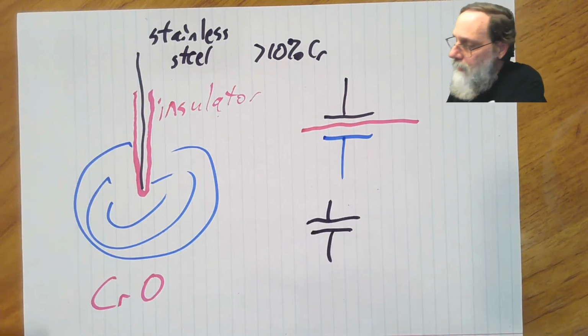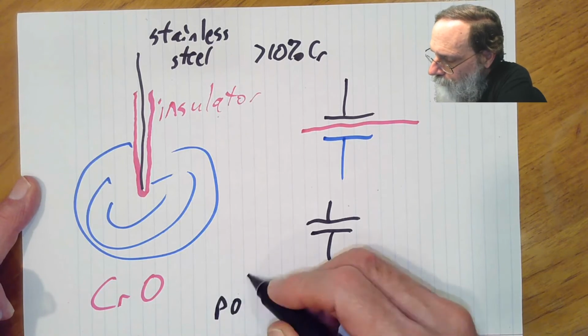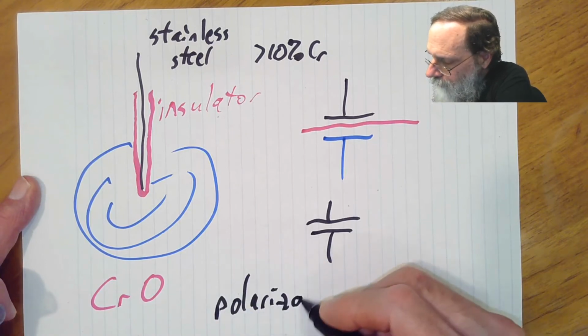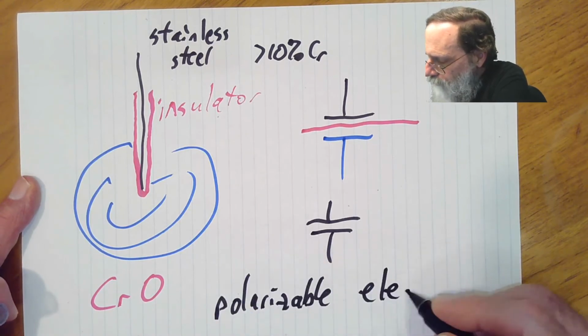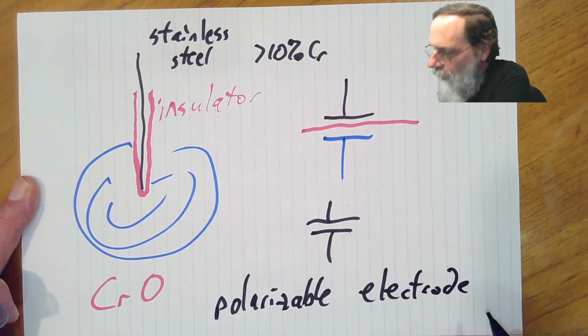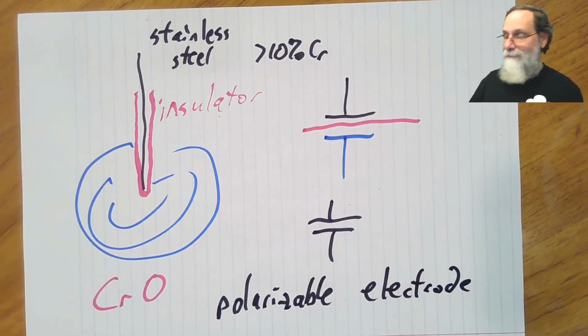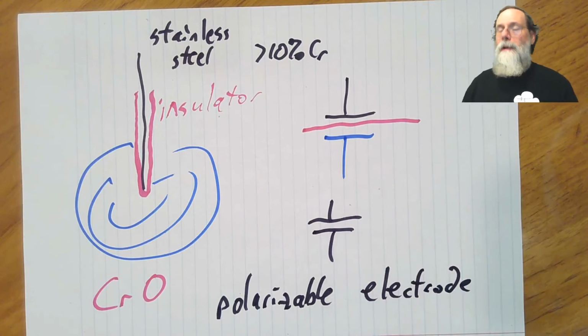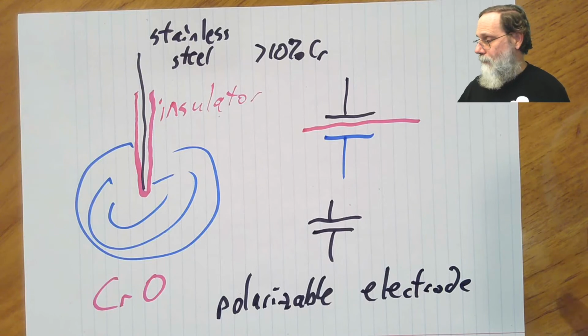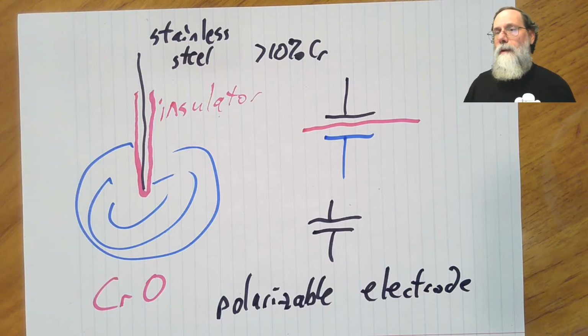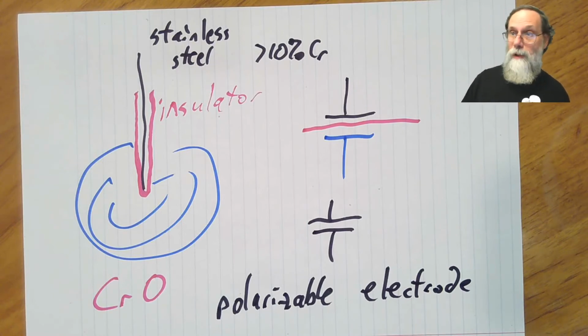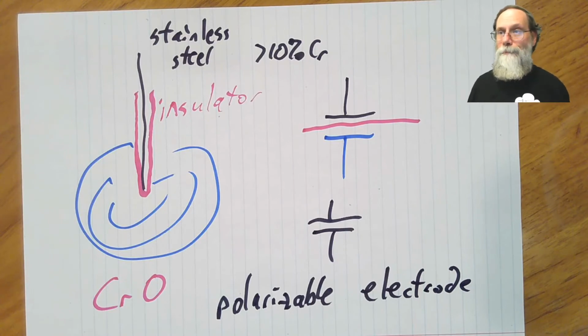So this is what's called a polarizable electrode, because you can put a potential across the capacitor and polarize it, which means basically charging a capacitor. Now, if things were ideal, we'd be done. We'd say we have non-polarizable electrodes, we've got polarizable electrodes, resistors and capacitors, great, we're done.